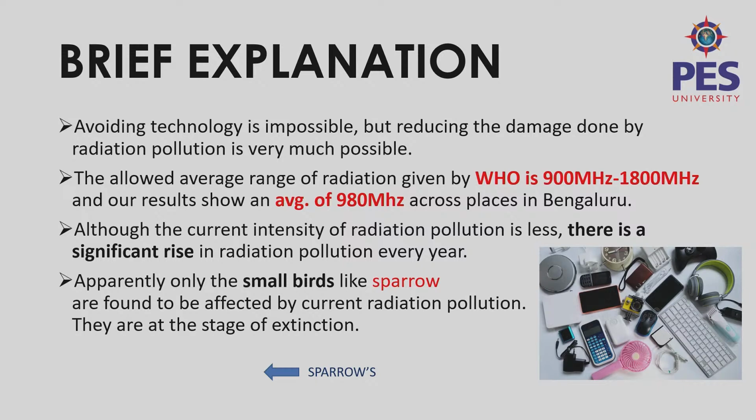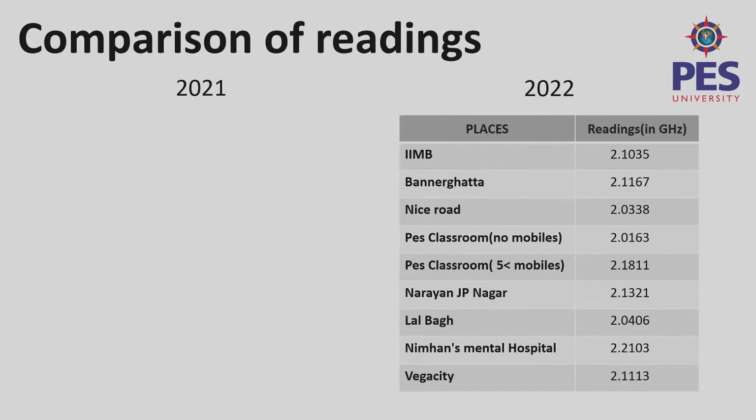The prevention has been mentioned before, and these are the previous year's readings. The previous year's reading is missing here. These are this year's readings. We used a gadget called a real-time spectrum analyzer, which showed us a real-time experiment. So the conclusion is that